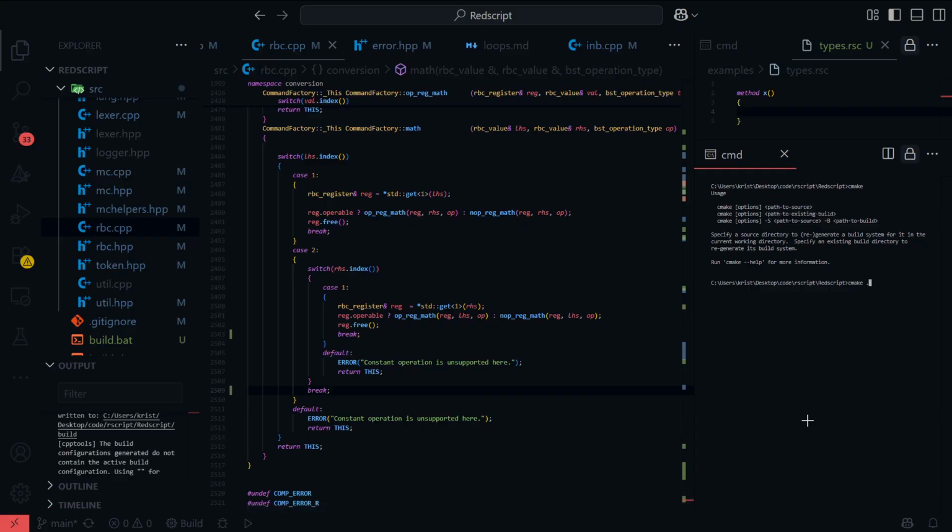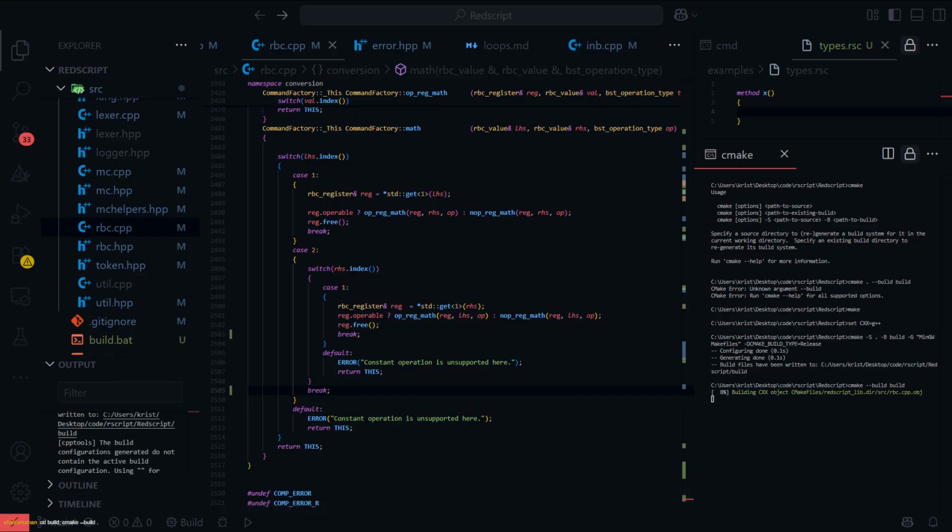What was it? CMake dot build. Unknown argument dash build. Oh wait, sorry. I need to use the make command. I'm so asleep. CD build, CMake dash build dot.